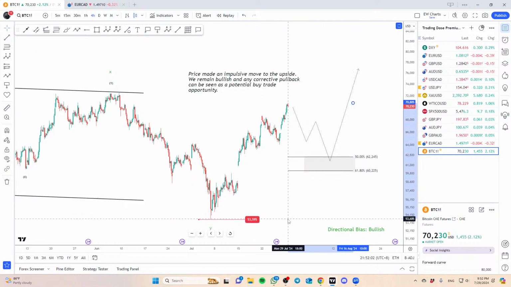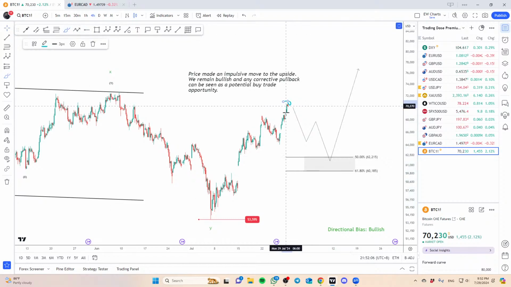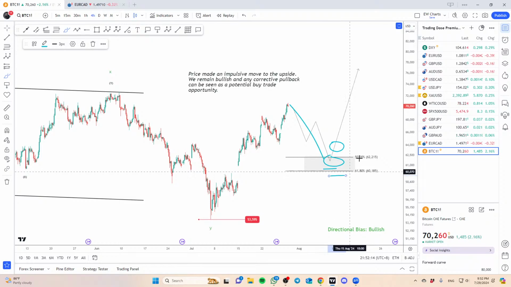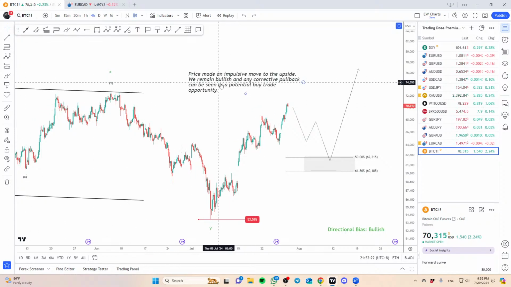Because again, if you're entering at the very, very top, okay, your risk is going to be huge, right? Because if you enter here, where are you going to put your stop? You need to put it here, right? So huge. But if you wait for the pullback, you enter a trade here or even here, your stop just needs to be below. Very, very healthy risk to reward ratio. Okay, so BTC bullish, but I just want to wait for the pullback.